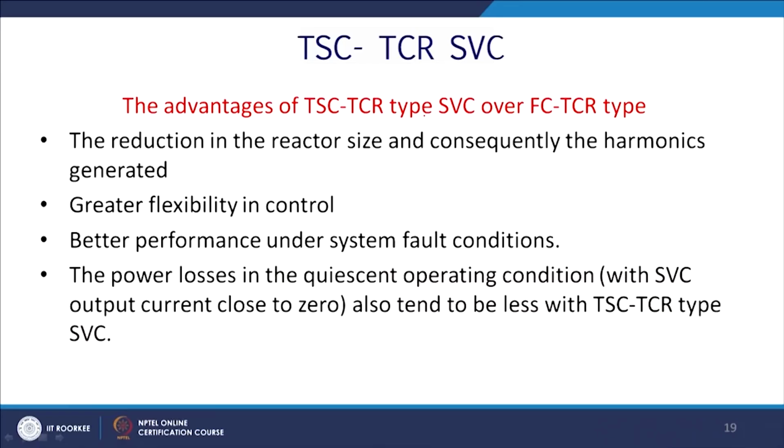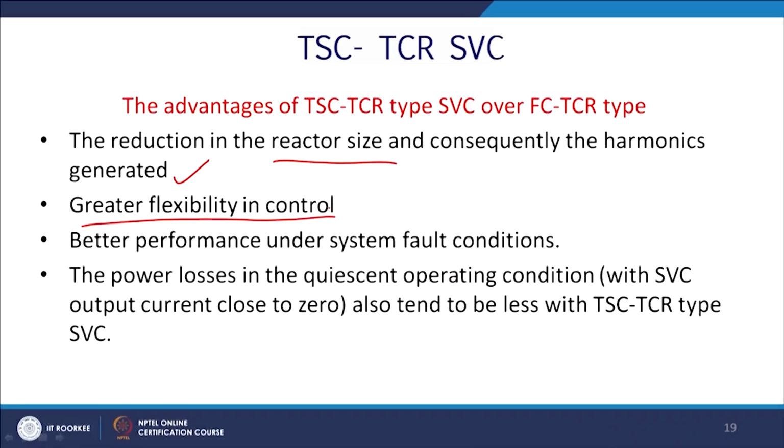So, come to the advantages of the TCR-TSC type SVC. Of course, you have a fully controlled system, unlike the fixed and the mechanical control. There is a reduction of the reactor size, because you can play around a little bit with the modular type; consequently the harmonics are also generated, and we require to suppress the harmonics. It has greater flexibility of control, precision can be set by the TCR, and better performance under fault condition,